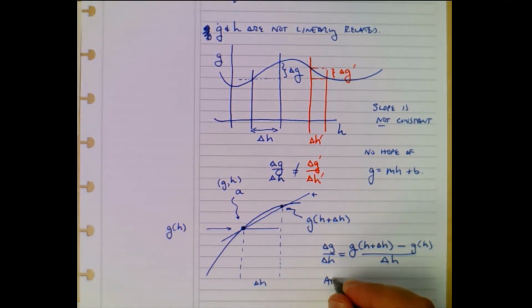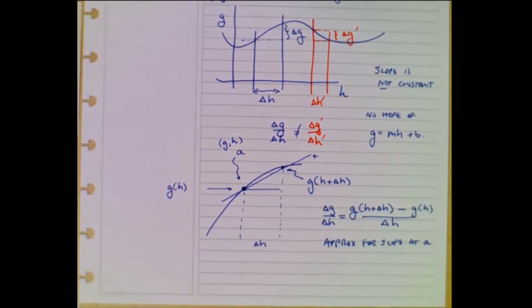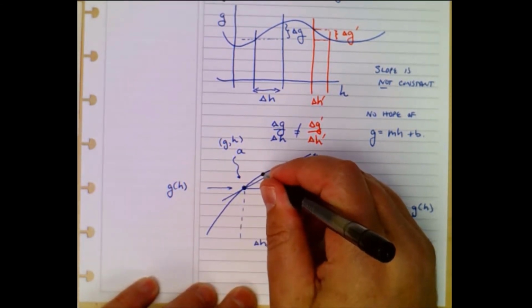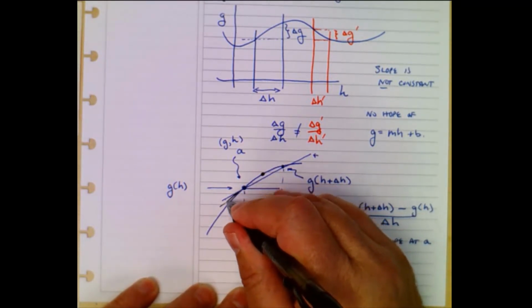So this is an approximation for the slope at A. All right? Not necessarily a very good one, but it's certainly one that we could employ. Now, if I wanted to do a little bit better, I could make my delta H a bit smaller and draw this line